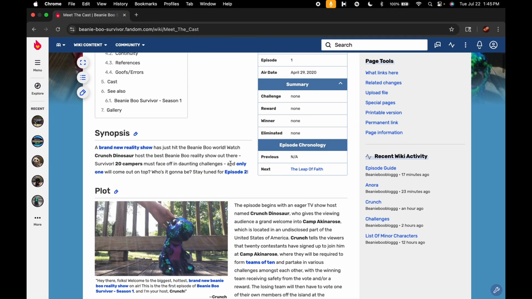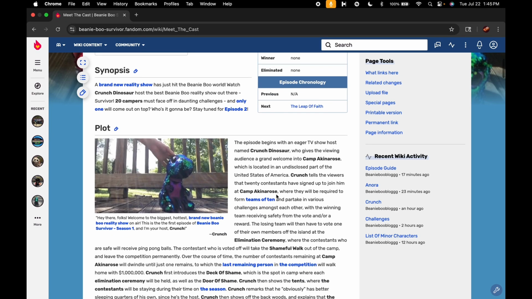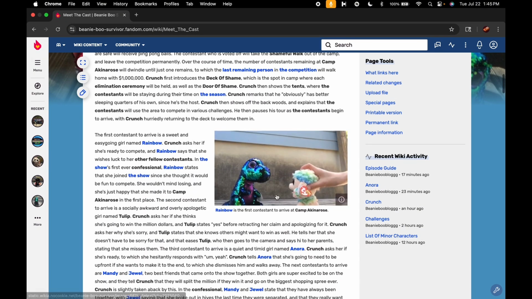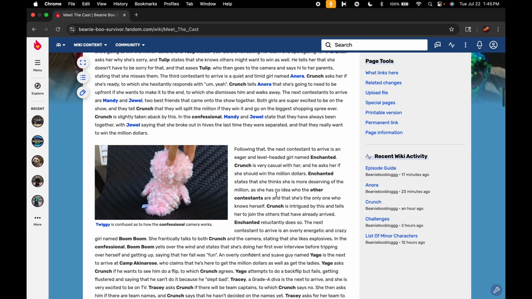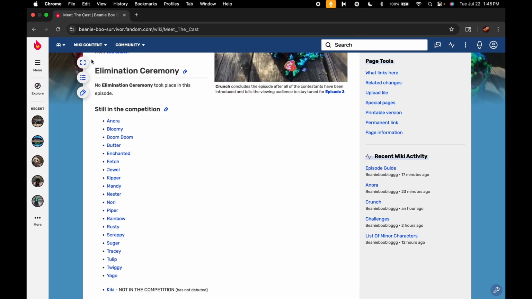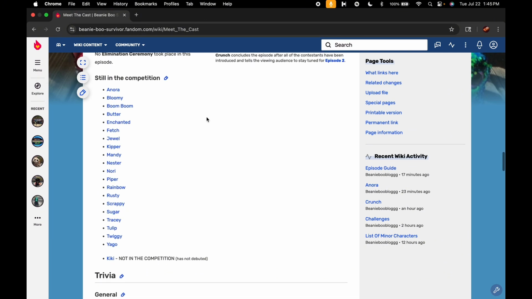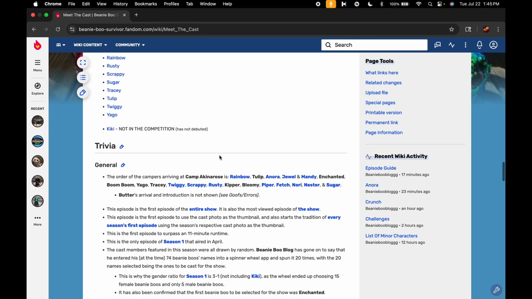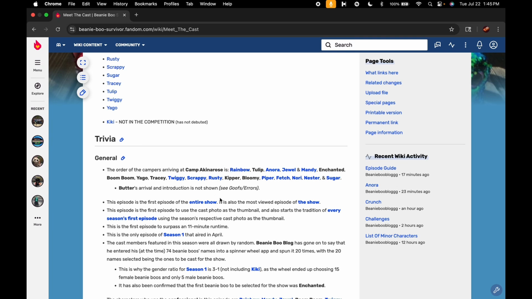And then there's a synopsis followed by the actual episode's plot. It goes into detail. Every single detail shown in the episode is listed here in these paragraphs, and I can scroll down and it shows, no elimination ceremony took place in this episode, and then it shows a list of who is still in the competition. Below that is a trivia page that shows all the fun facts